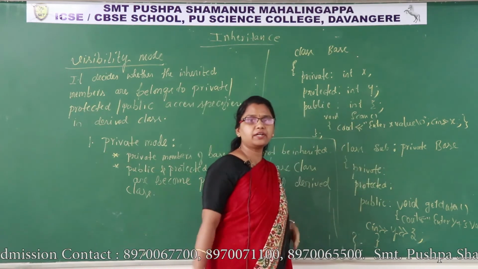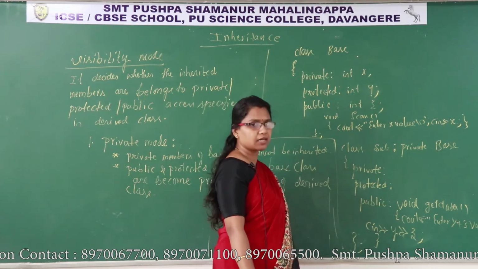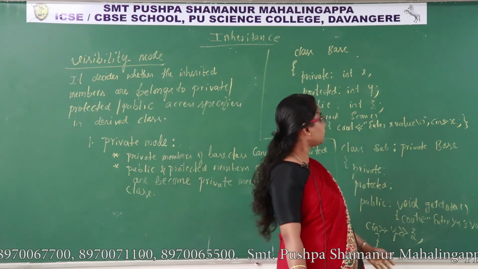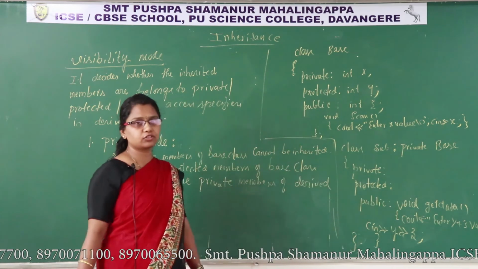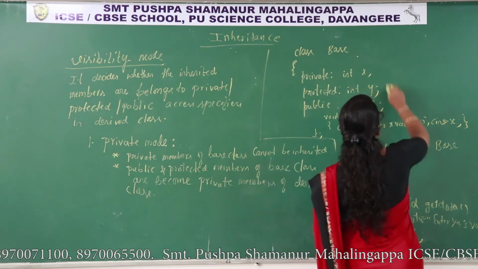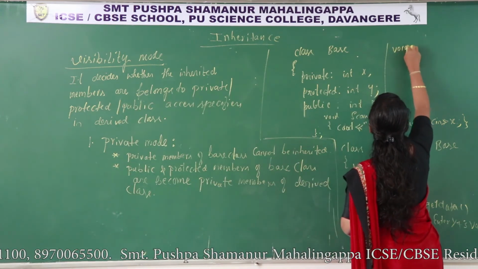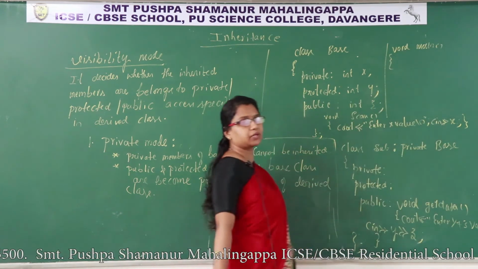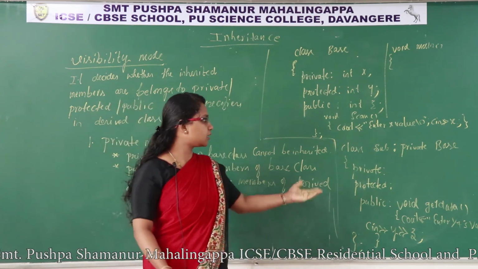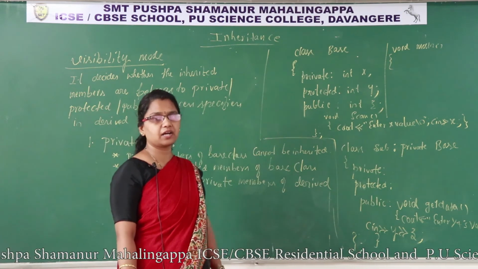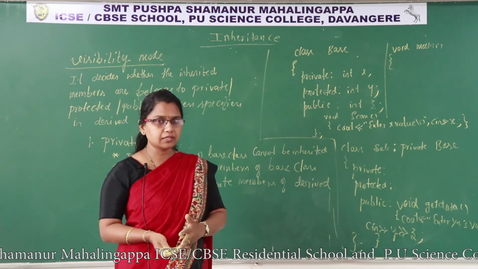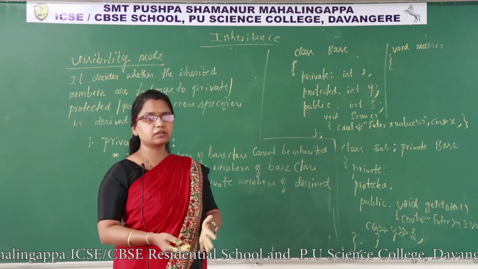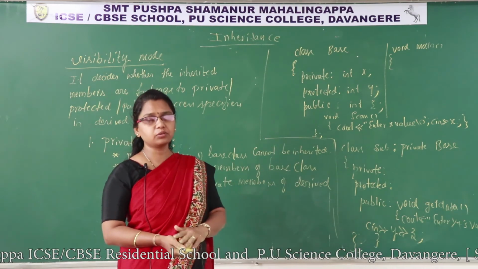Anyhow, these three come to the private section. Then how to access private data? Through the member function of this class. I have taken get data as a member function. First, which function do you want to execute? Scan function. If I take the main function like this, void main, I have to create an object for the derived class so that we can show it is confirmed these members are inherited to the derived class. Through the object of the derived class, if I access the base class member and it executes properly, what is the conclusion? Base class members are inherited to the derived class.